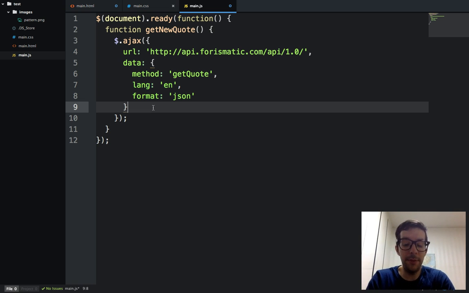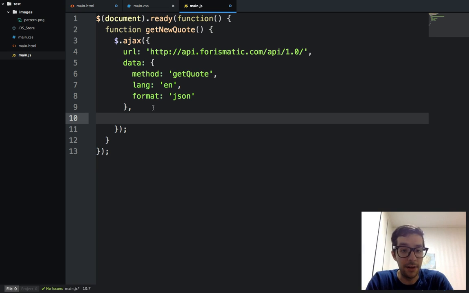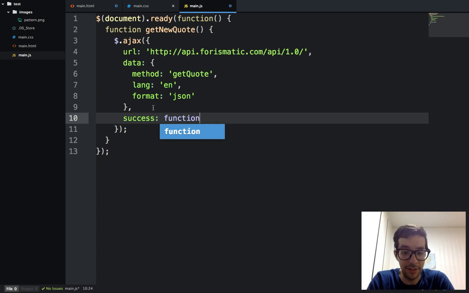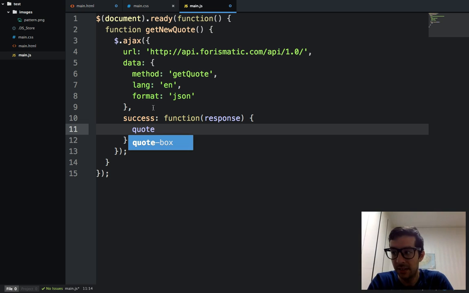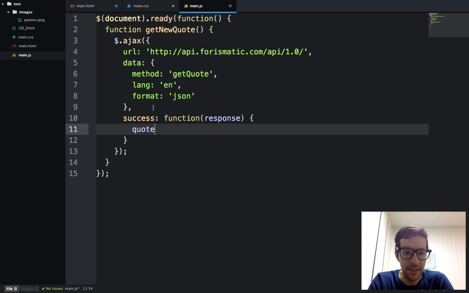Now, if we have a successful response, then we're going to need another object, okay? A callback. So we're going to say success function, and it takes an argument. Let's call it response. Okay, and I'm going to say the quote. Let's just log it out to the console first. Console.log response.quote